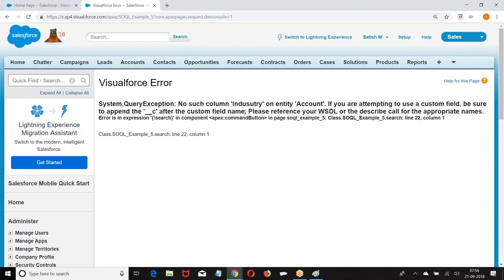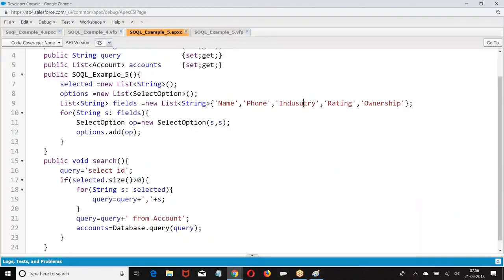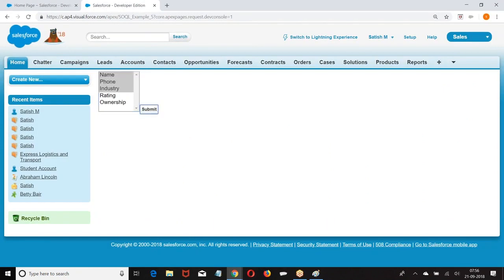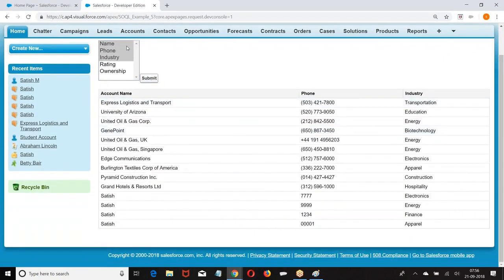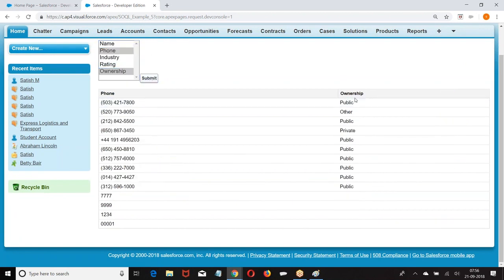Still, no such column. Typo errors. Whichever fields are selected, name, phone, industry, or name, industry, rating, I am getting the corresponding data.